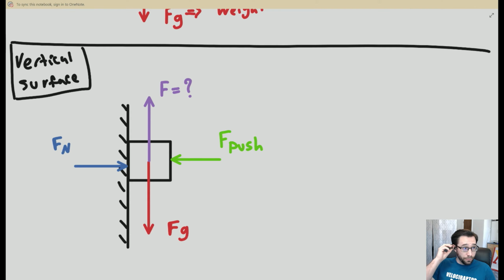What was that? So here's a box. This is a wall. What do you mean by the other thing? Yes, friction. Good. So if you think about it,